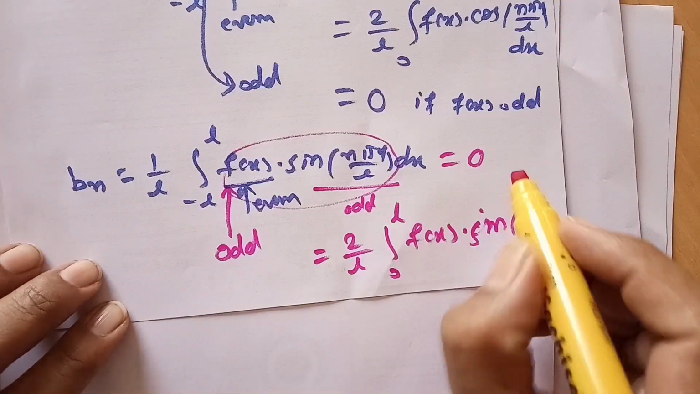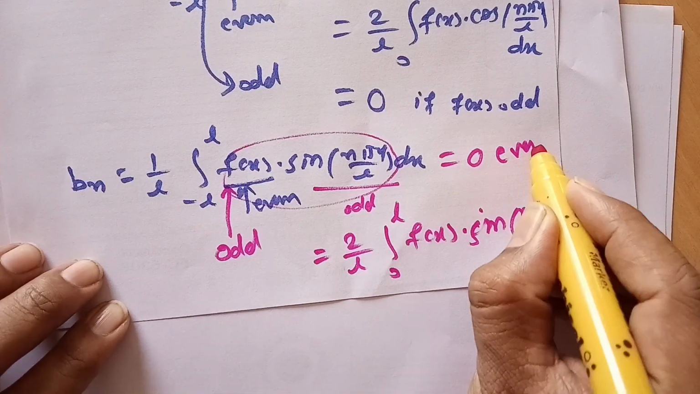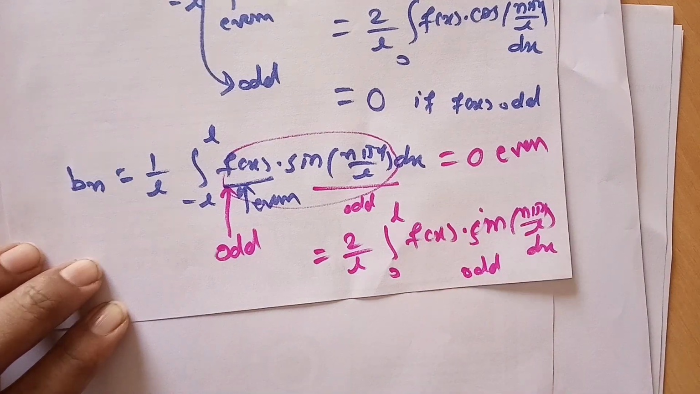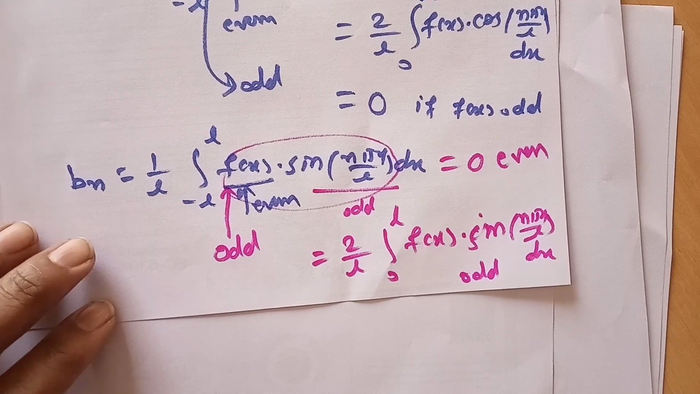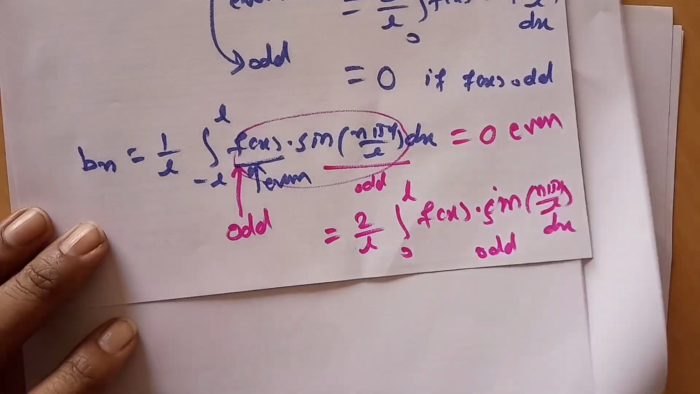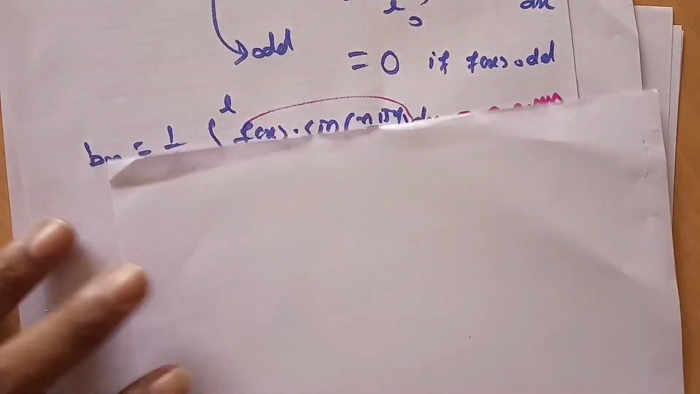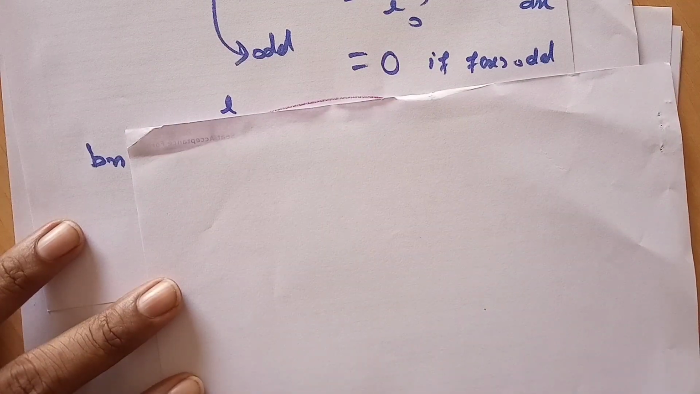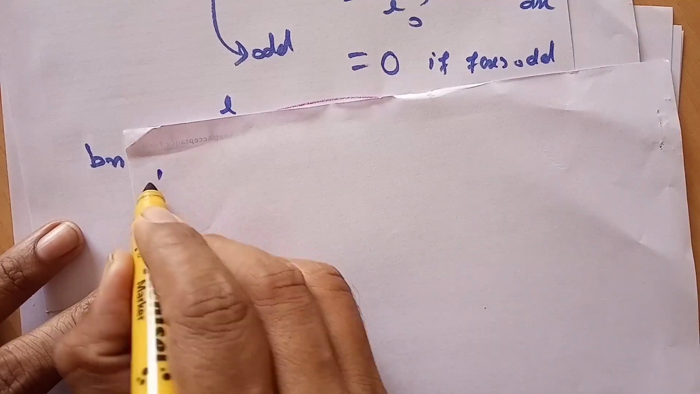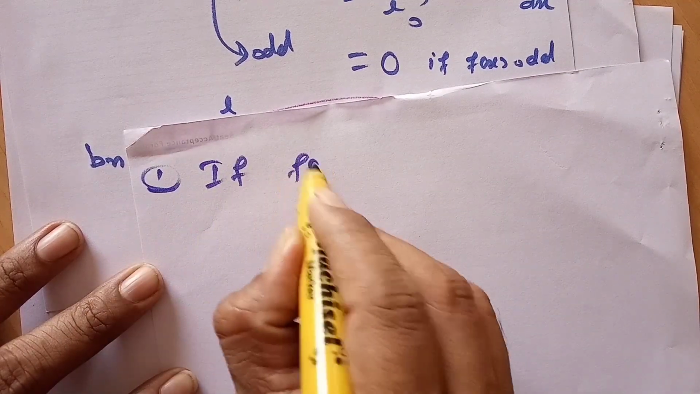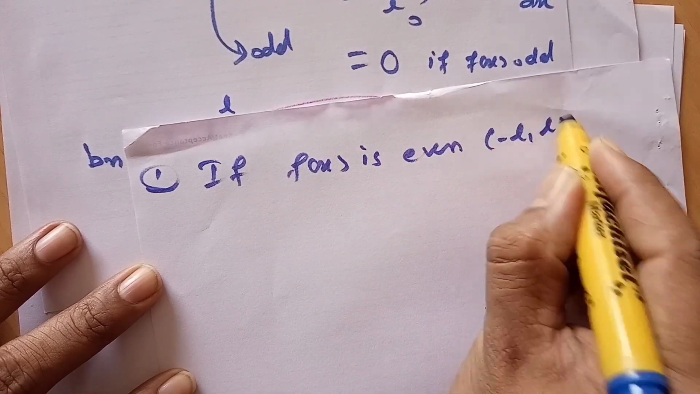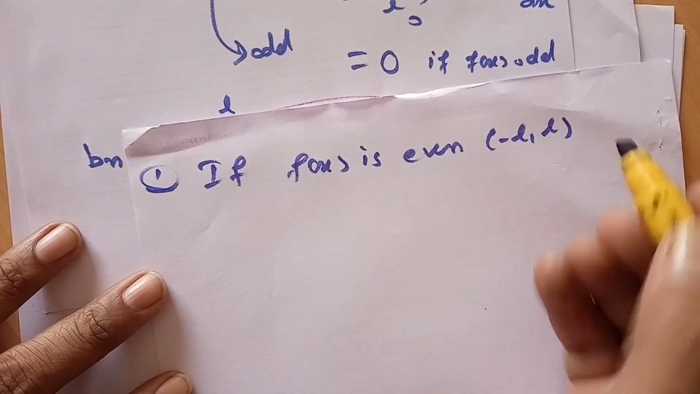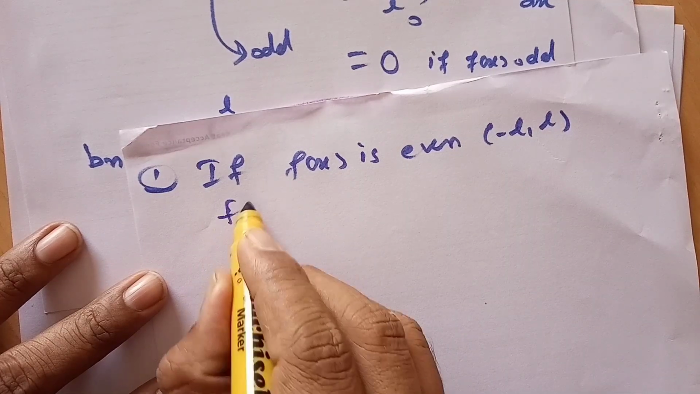Now this is the formula we get if the function is even, and this is what we get if it is odd. That means we can modify our Fourier series expansion if the function is even or odd. Now I will write the formula directly, using this property. Number 1, if f of x is even in the interval minus L to plus L with period 2L, then its Fourier series